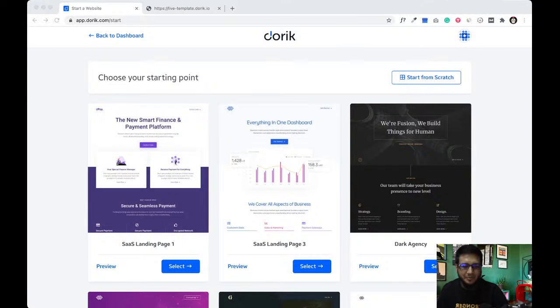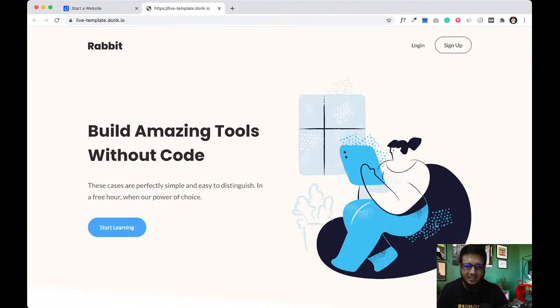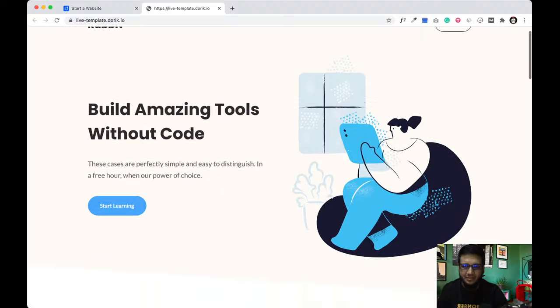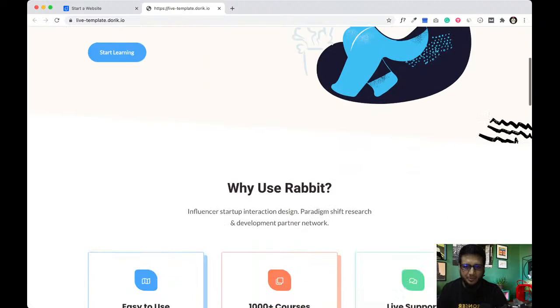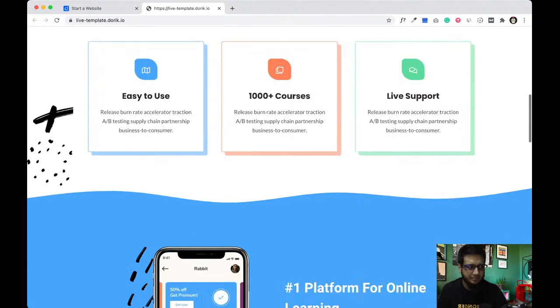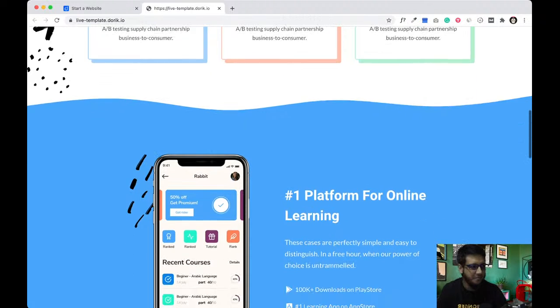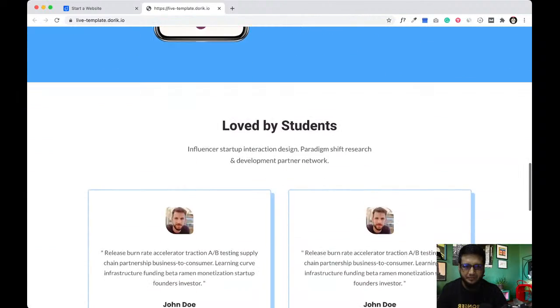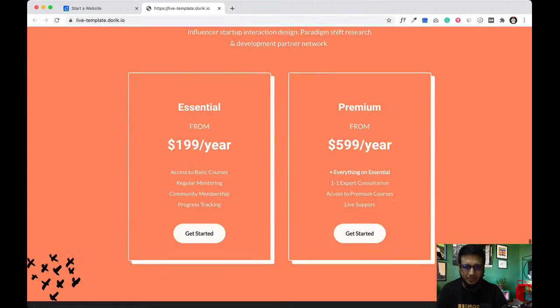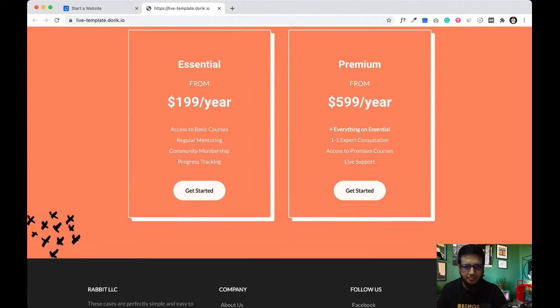Yeah, so today we are gonna build this template, and here it is right now. I'm gonna show a quick demo. There are a few sections missing.